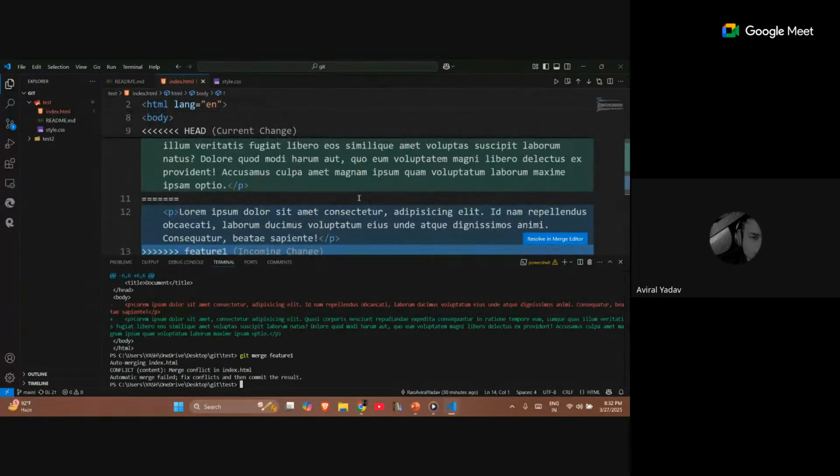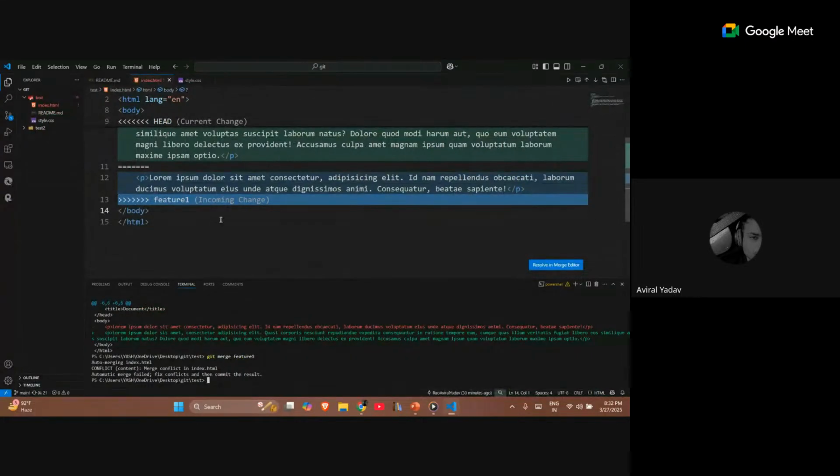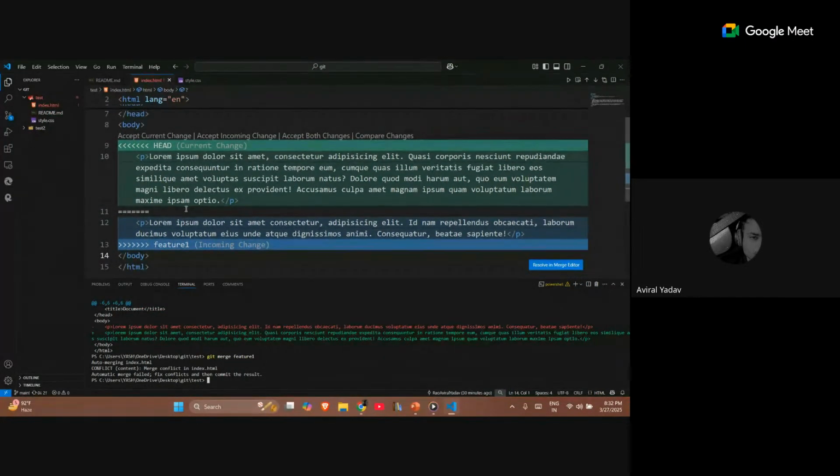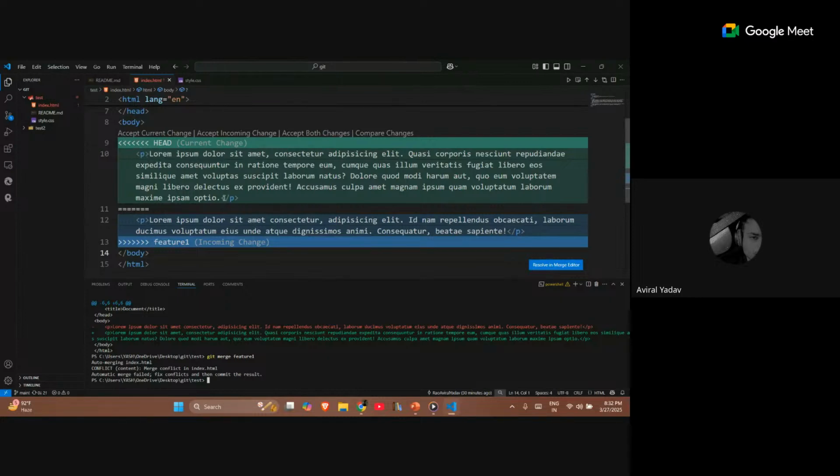Let me just make it a little bit smaller. As you can see, it's been highlighted. This is the content of my main branch. This green one is the content of my feature one branch, and I have to choose between these two. We have already been given some options: accept current change. What is the current change? This is the main version, which will be accepted, and the below version will not. Its name is incoming changes. This one's name is the current change. Accept current change, only this one will come, not this one. If we accept the incoming change, which is of the feature one, this current change will vanish.